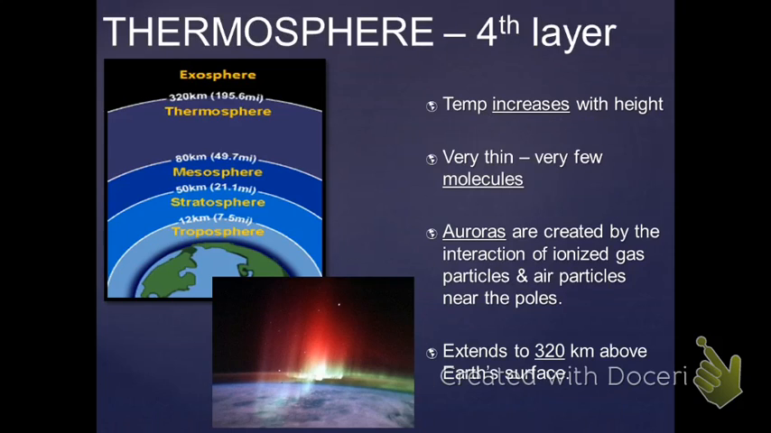The thermosphere is the fourth layer from the surface of the Earth and extends to approximately 500 kilometers in altitude. Temperatures will begin to increase with increased altitude as atoms are being accelerated by sunlight. This layer is extremely thin with very few molecules, composed mainly of hydrogen and helium gases. The thermosphere is also affected by solar events,